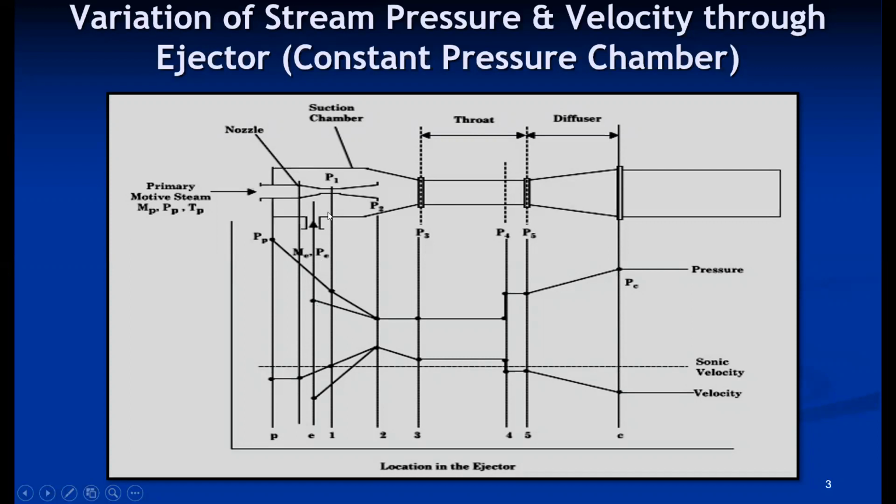The secondary fluid enters the ejector through the secondary nozzle, and when it flows through the secondary nozzle, its pressure also decreases because of the decreasing area. So there is a pressure decrease of the secondary fluid in the secondary nozzle. This is the mixing point. Then the mixture is made to flow through the convergent portion, and the convergent portion tends to decrease the pressure, but the increasing mass tends to increase the pressure. So the pressure remains constant, and the same thing happens in the throat section as well.